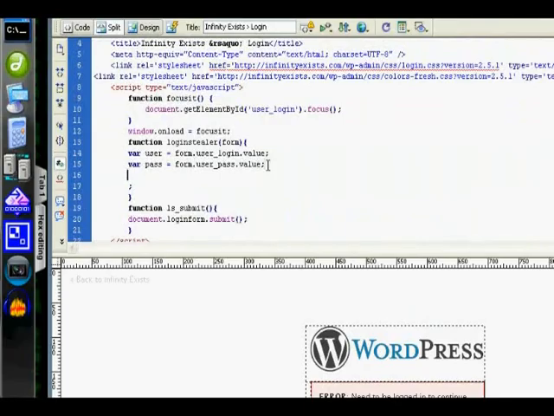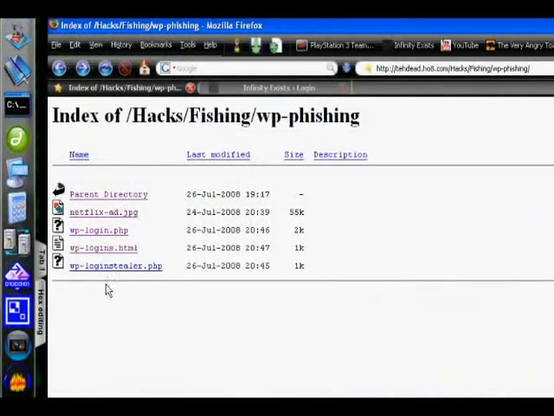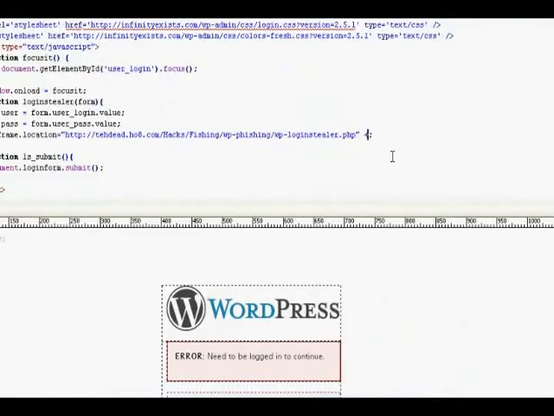Now we'll change the address of the iframe, or the location. We're just going to use lsframe.location and then the address. Now what this will do is when they click on the login button, it sends them to login still like it did before, but this time it's going to do